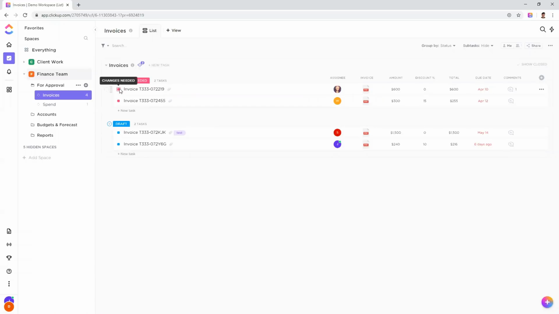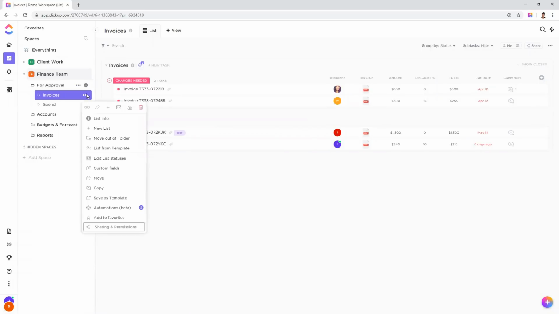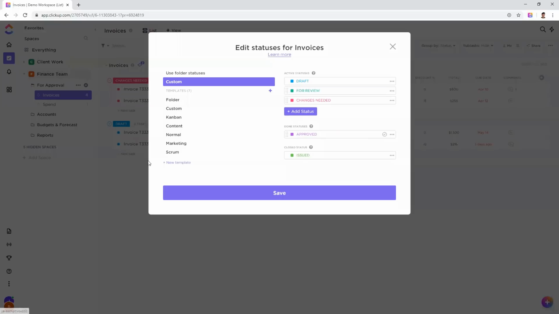So first of all, we've got some statuses here. And if you do want to edit your statuses, it can be done via these context menus at each level. If you set statuses for the whole space, then everything below it will inherit it unless you set specific ones for a folder. If you set specific ones for the folder, the lists within that folder will inherit it unless you set specific ones for that list. So if I go into my 3 dots here and edit list statuses,